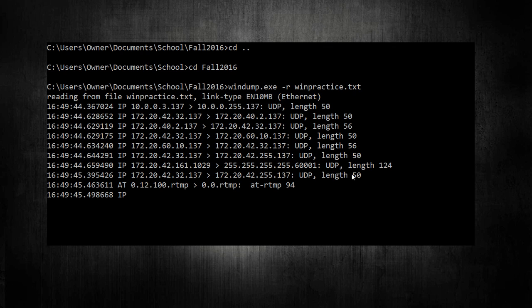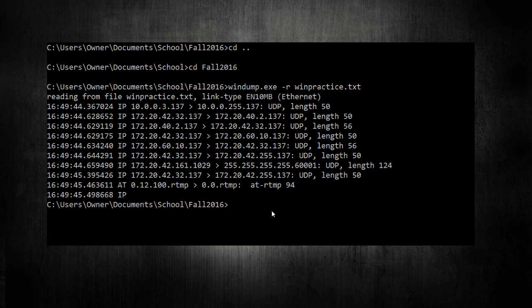So it's going through in real time right now. Now it's kind of a long file. I don't really want to wait for it, so I'm going to tell it to stop. And how you do that, just in case you do want to tell it to stop, it's Control-C. By the way, all this is on a Windows computer. This is, after all, WinDump. So if anybody's trying to do this on a Mac computer, go to a Windows computer. Not that there's anything wrong with Macs, it's just that's what WinDump was made for. So Control-C is to stop it, in case you don't want to wait for it to finish doing whatever you had told it to do.